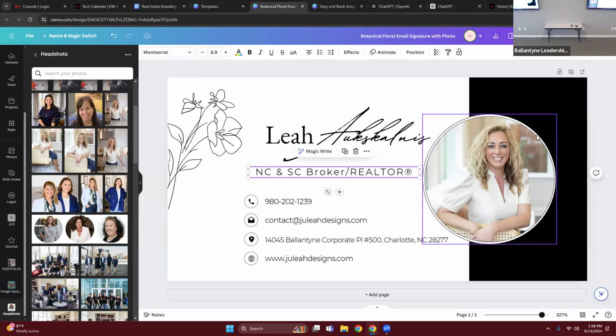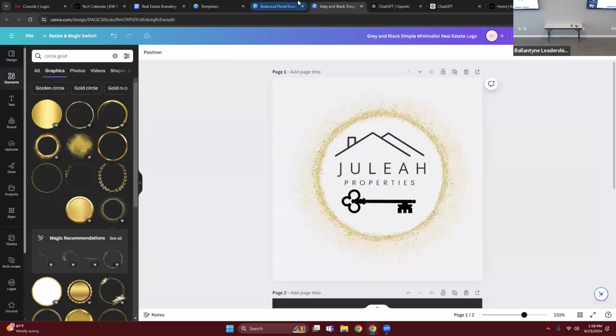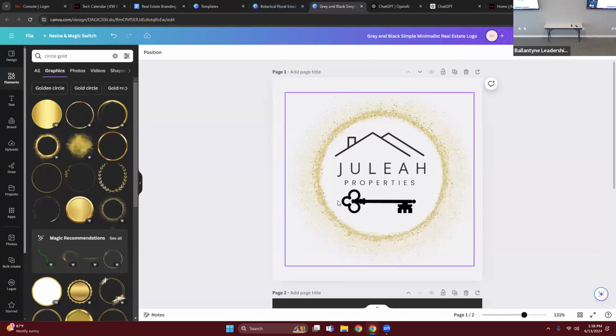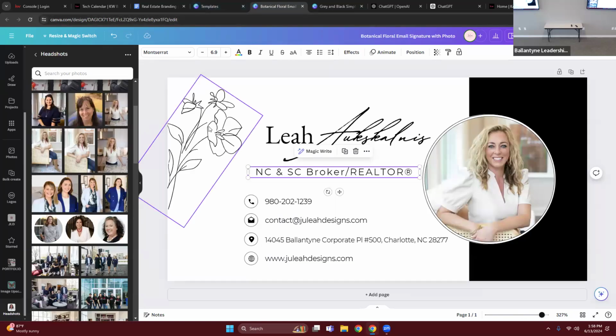Okay, so now I can, of course, change the fonts and the colors to more represent my logo. Looking at my logo in a different tab, I see I went with a key, a house, and gold and black. So whatever it is, look at your logo, and let's try to bring in that same vibe. So first of all,